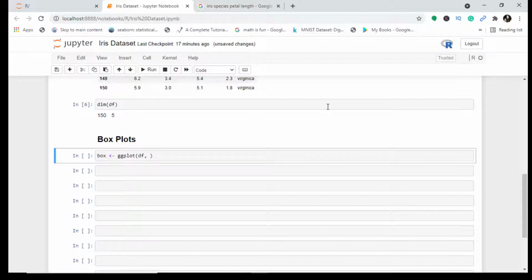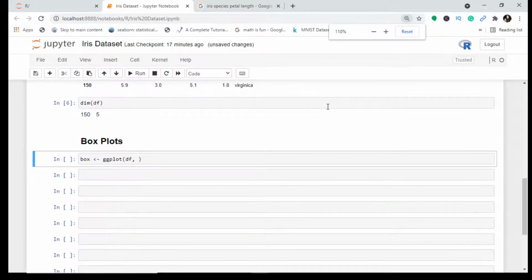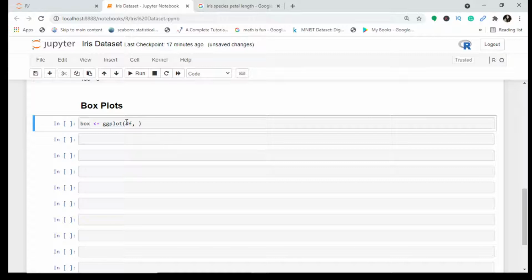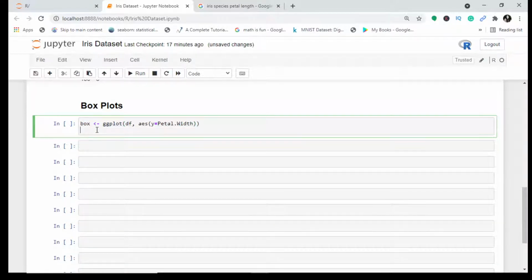I just want to increase the size of this so that it becomes easier for you to see. So I take the first plot, that is df, and then I set the aesthetics, which is the second layer. I have dealt with these things in detail in the course, and also in previous tutorials, which you can find in the R playlist, and it has also been mentioned in the description box. So I'll keep jumping back to this course, and we'll be doing a little bit of talk here and there so that your attention is there.